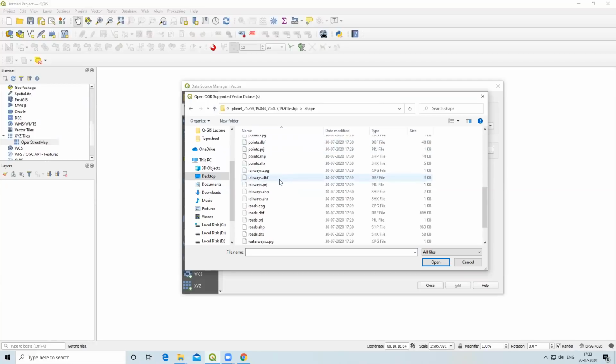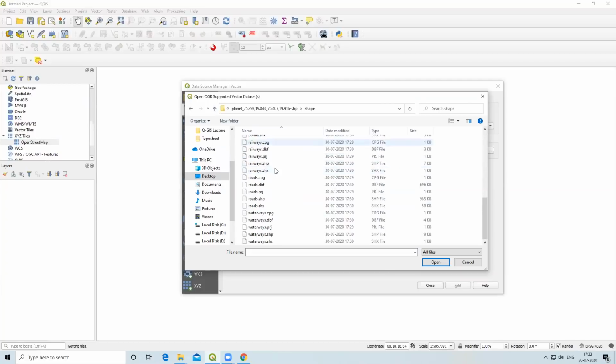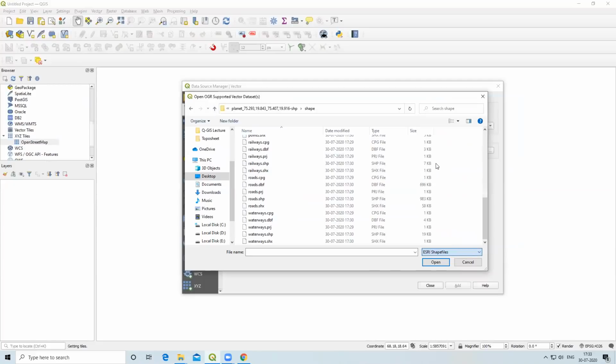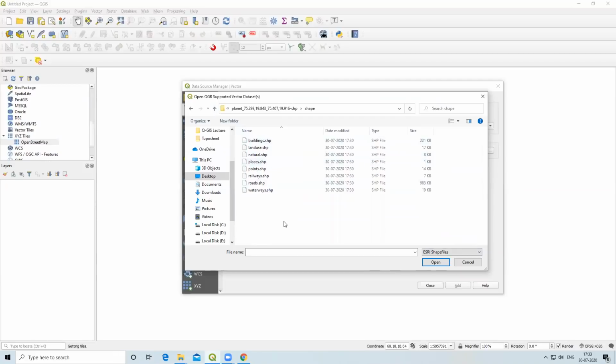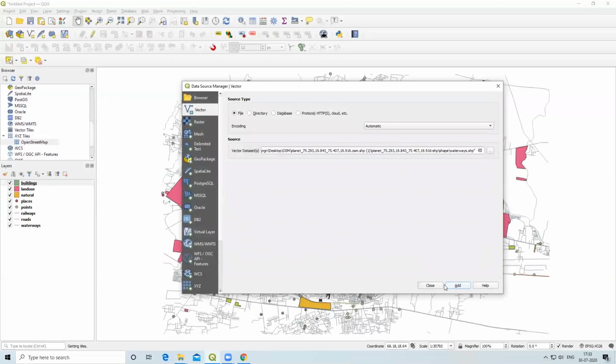Here a number of files are showing, like .shx, .prj, but we want the SHP file format. To sort this, I will select only ESRI Shapefile. Then only SHP files will be showing here, by the name of building. I will select all and OK and add.